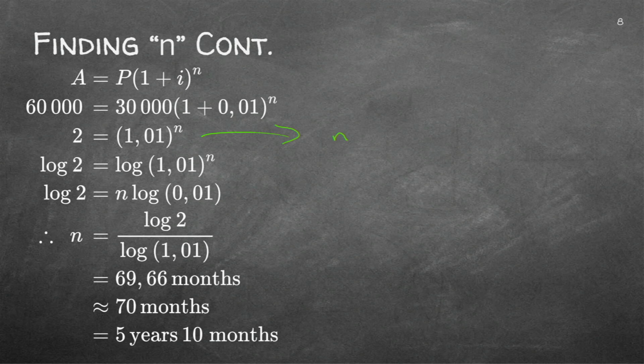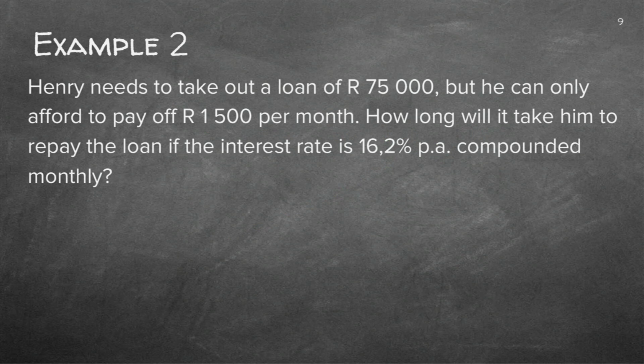The n is my exponent. Another word is log. What is the footnote of the n? The 1.01. What else is not written down yet? The 2. And there's exactly the thing that I've got there, just written in a different manner. Good. And then I skip all the steps at the bottom and I just click my calculator. So go redo this. Make sure that you understand it 100%.